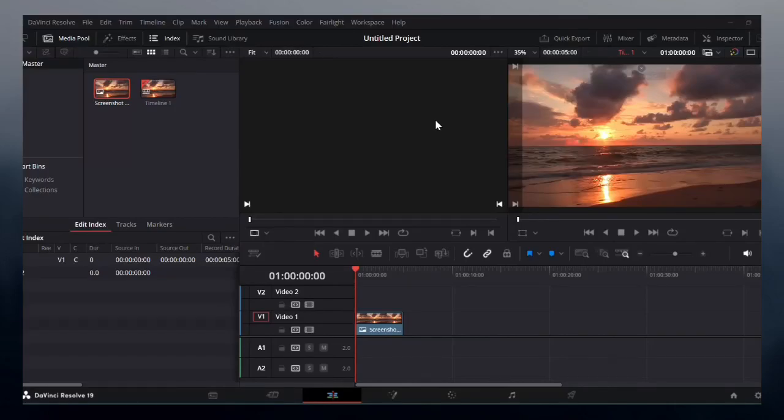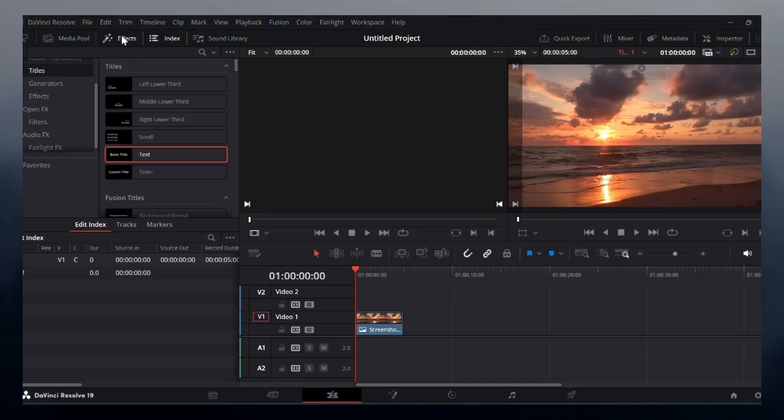Today, I'll show you how to create a text fill animation in DaVinci Resolve. Take note that this feature is only available in the studio version. Since I'm using the free version, I won't be able to demonstrate it fully. So let's get started. First, the step one that you need to do is to go to the effects, then